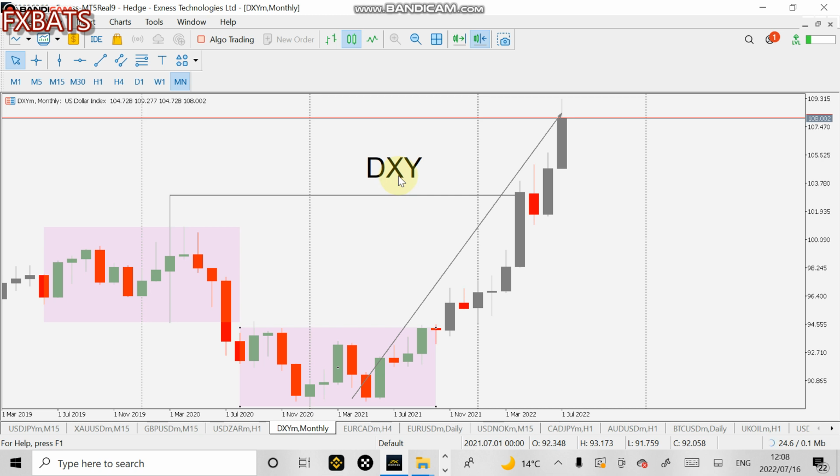I also want to come up with a new question people always ask. Sometimes they ask, how do you trade the DXY? You can simply trade the DXY. You need to just open up an account with any brokerage firm, just like the way you do for other assets like currencies and commodities. It's the same way we trade the DXY.